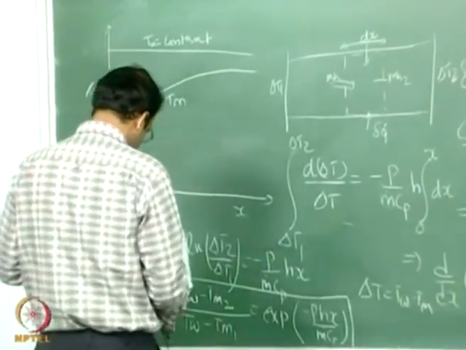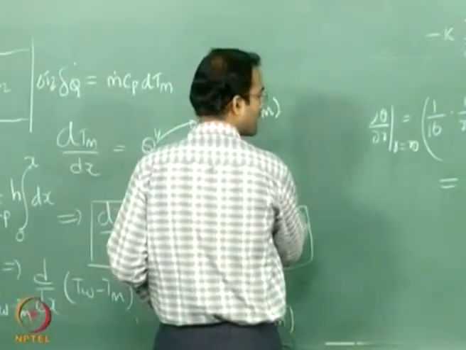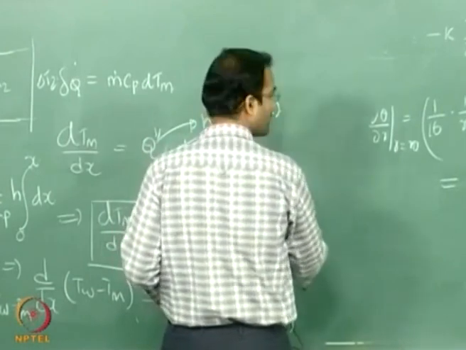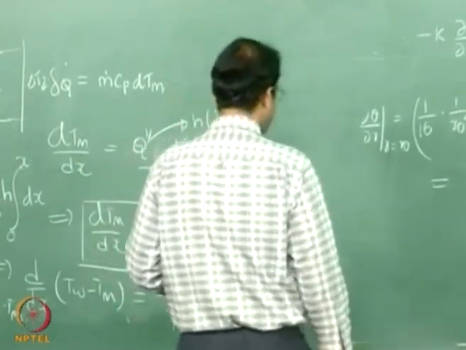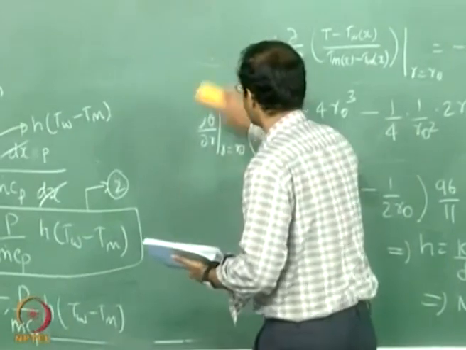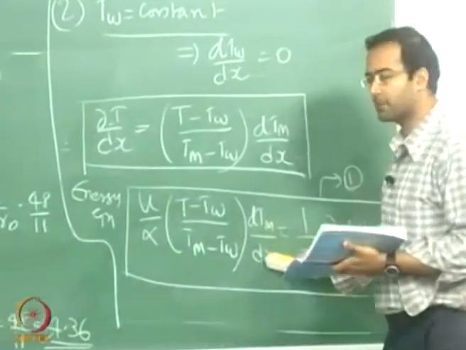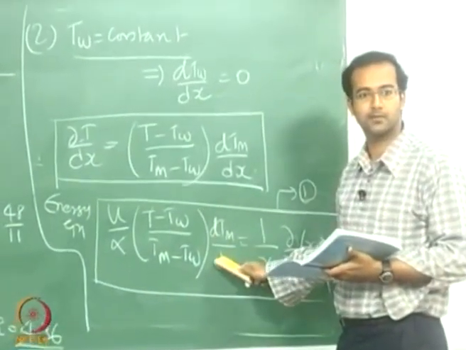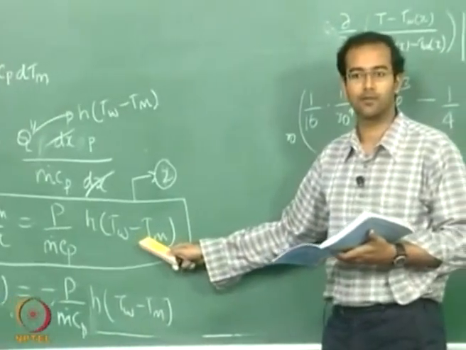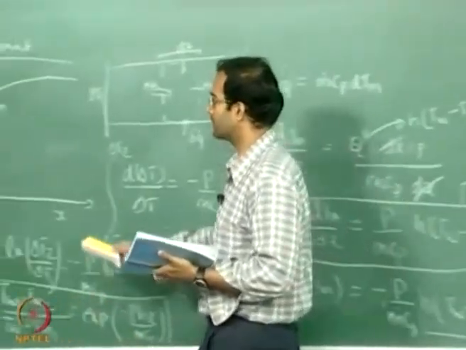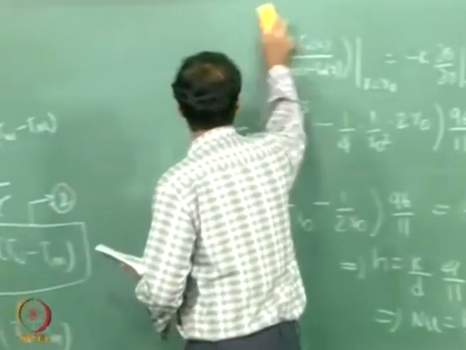Now, having known this, and we have this particular expression here, let us call this expression number 4. I started with 1, let me call this 2 now. So we will use this expression now, simplify for dTm by dx, because we have a dTm by dx term in this equation, so we have to simplify this a little bit. For that we are using the energy balance, and now we will simplify it. Also we should know how the mean temperature profile varies, so for that we can use that equation and integrate it out. So now from 2,